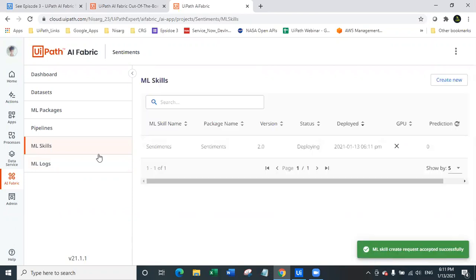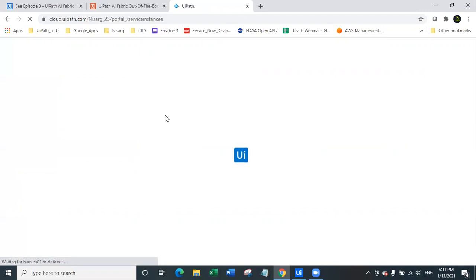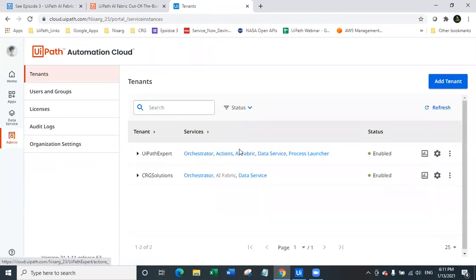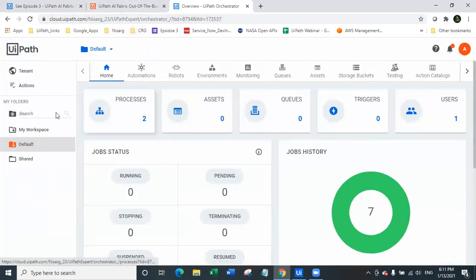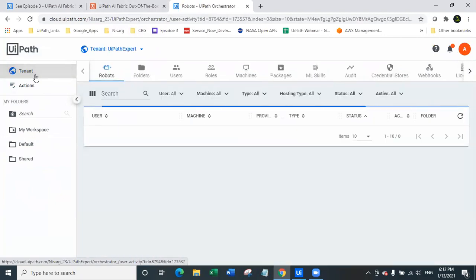Okay, and now it is deploying. So how do I know that this particular ML skill is deploying, and how do I verify it in my orchestrator? So I will again go back in admin. I will navigate to the orchestrator on which tenant I have deployed this AI Fabric model. I will go to the orchestrator of that tenant, be very specific because there are 2 tenants once you log into the enterprise trial edition. Now I navigate to the tenant where I deployed it,